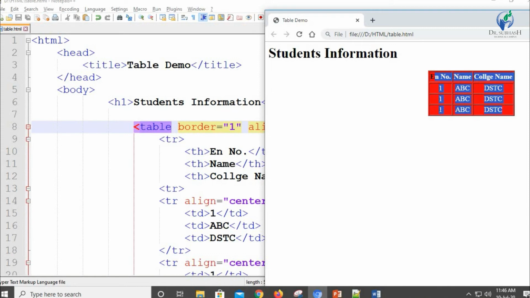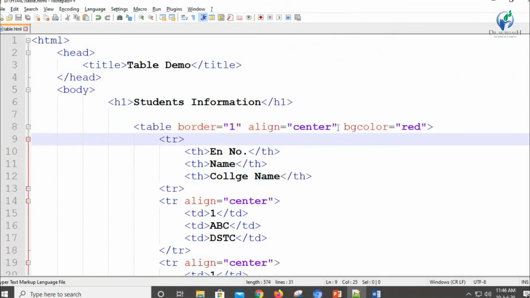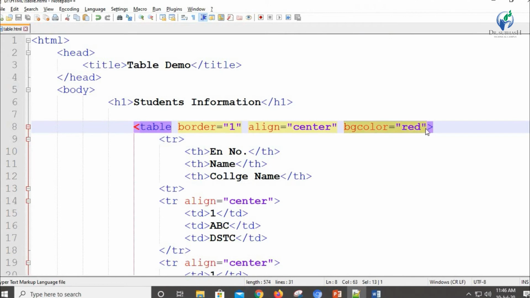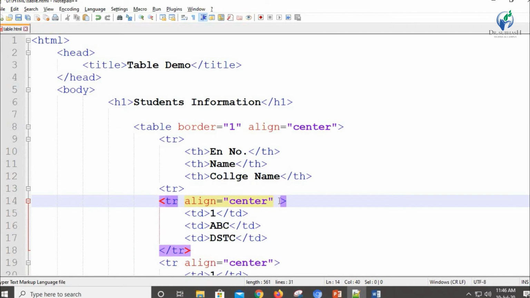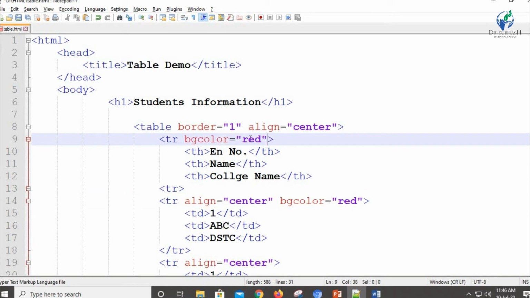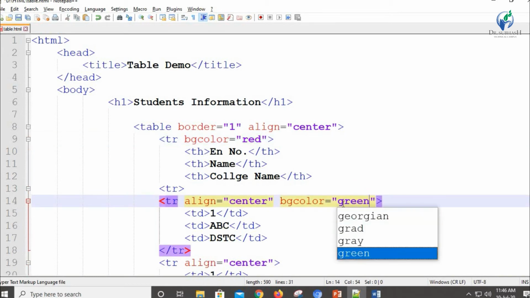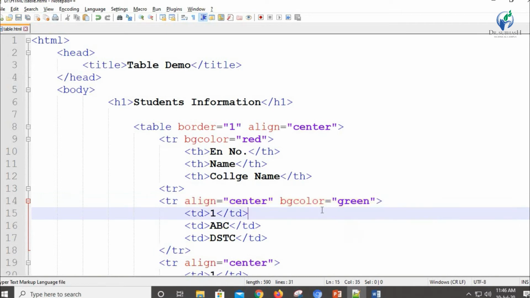Now if you want a different color set for different rows, then we are going to use bgcolor on each TR. Say the first TR we are going to have red, the second TR we are going to have green, okay.